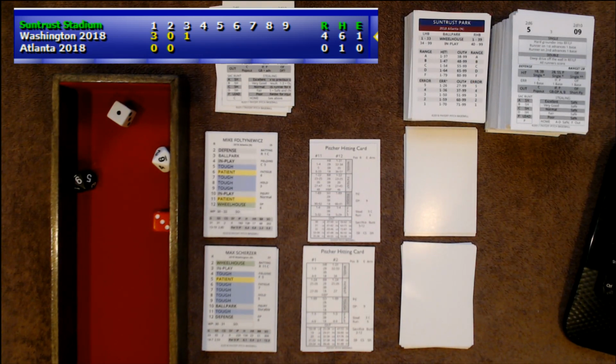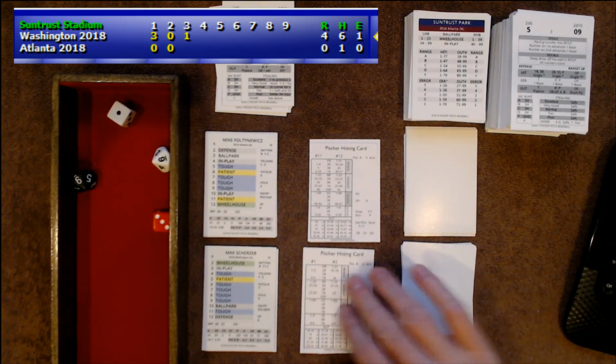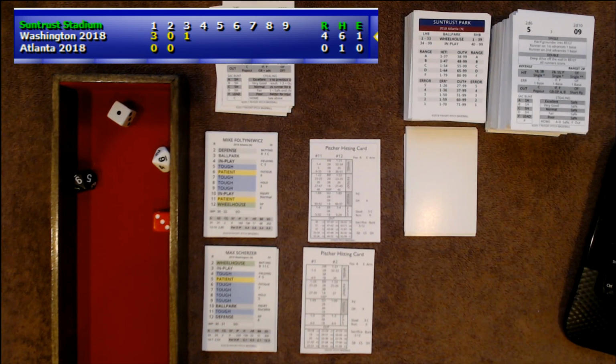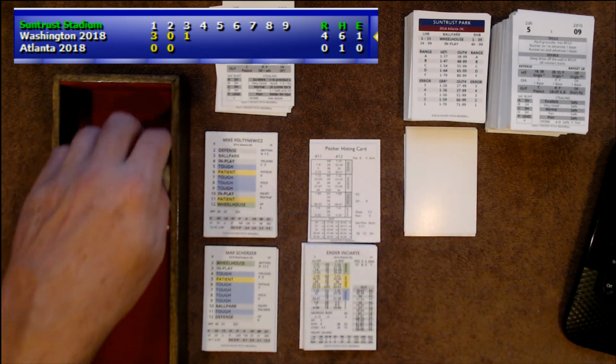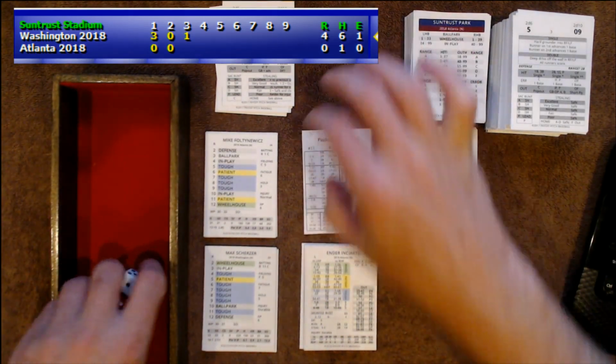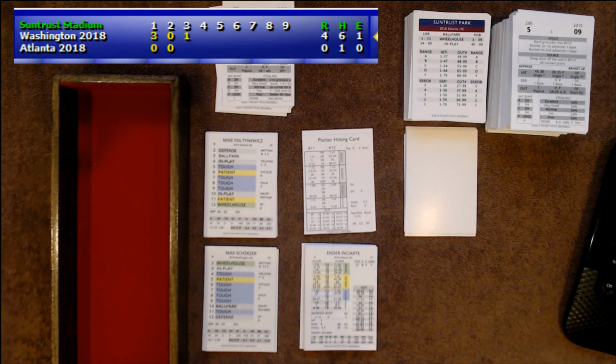That's a 4. 4 is tough. Against a pitcher, 96 is going to be a strikeout, unfortunately. I kind of knew that was going to happen, though. But that's only the first out of the inning. We need a big hit here by Ender Enciarte. Come on, Ender. You can do this, buddy. Ender, let's see. He's only batting .111. He's had 18 at-bats, scored a run. He's only got 2 hits, 1 RBI, 3 walks, 8 strikeouts. So he's not doing great to start off the season.